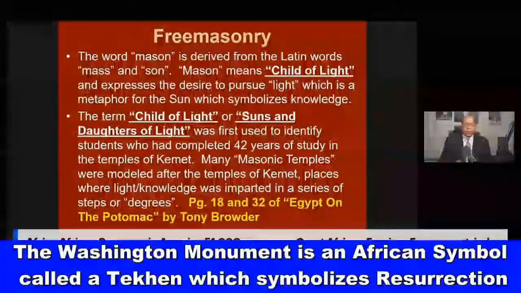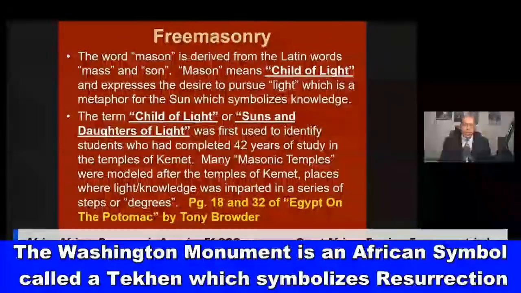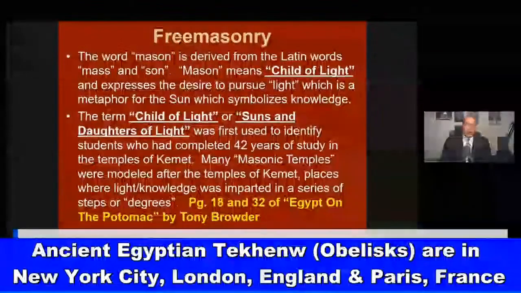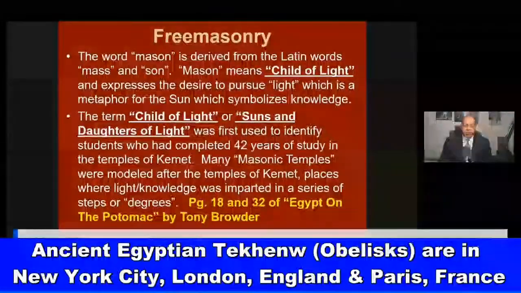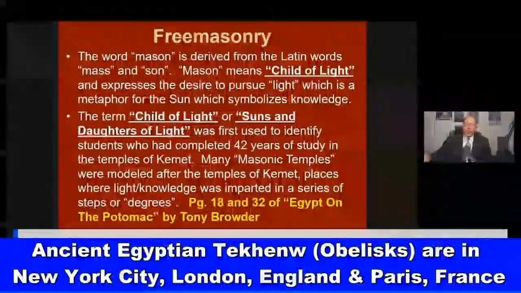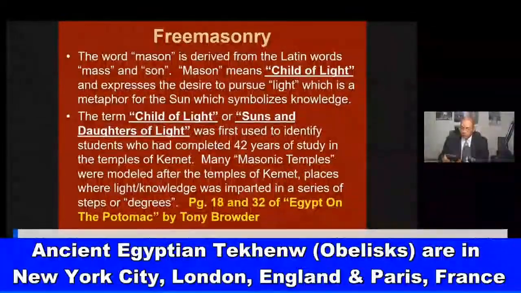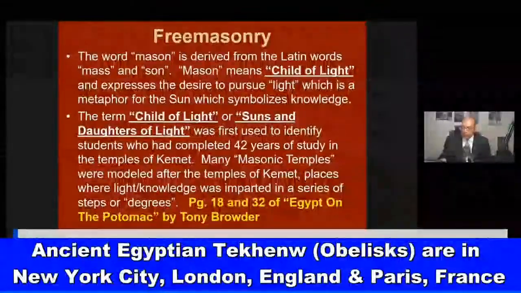Okay, so the term child of light, or sons and daughters of light, was first used to identify students who had completed 42 years of study in the temples of ancient Kemet. Many Masonic temples were modeled after the temples of Kemet, places where light or knowledge was imparted in a series of steps or degrees. So the concept of going to a liberal arts college comes out of ancient Africa